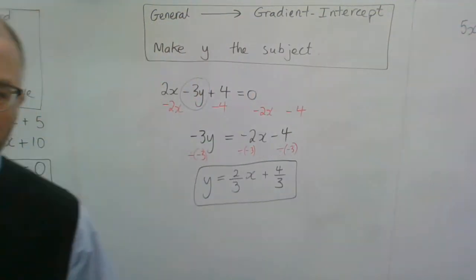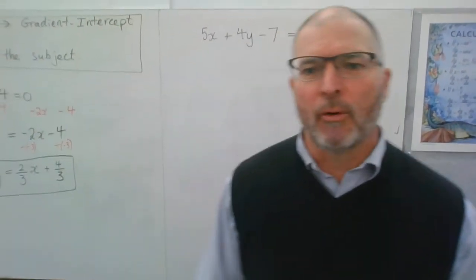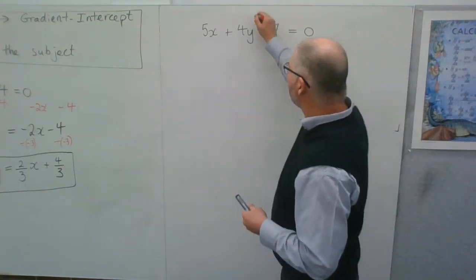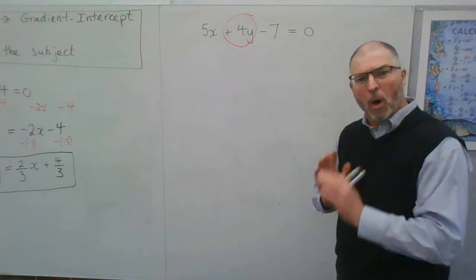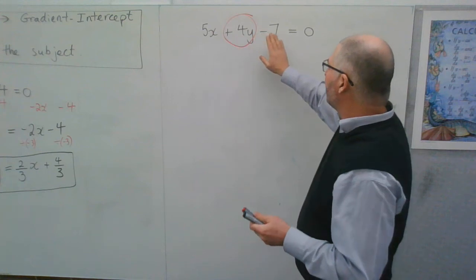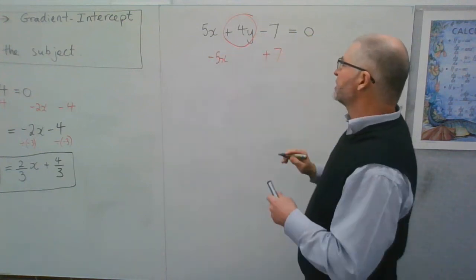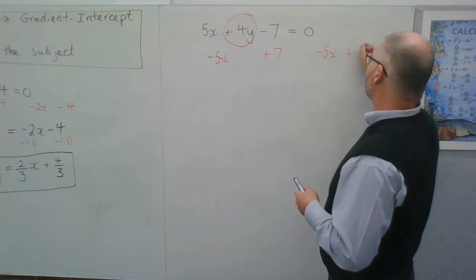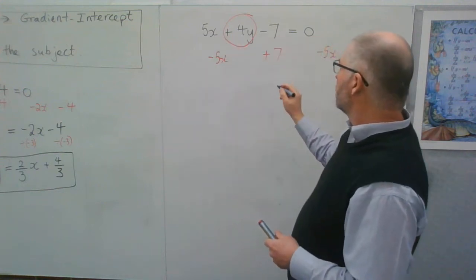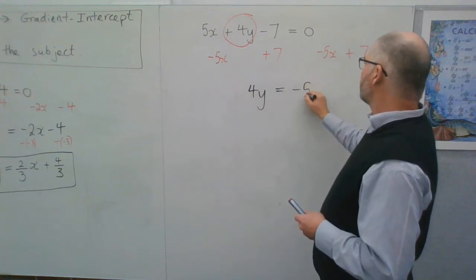Let's do another one where we change from general form or standard form into gradient intercept form. I'm going to leave the 4y alone on the left. I want the y to be there by itself. And I'm going to get rid of this 5x and this minus 7. Well, I need to minus off the 5x. I need to plus on a 7 onto both sides of the equation, because that's opposite operations. So I will end up with my 4y being left by itself and minus 5x and